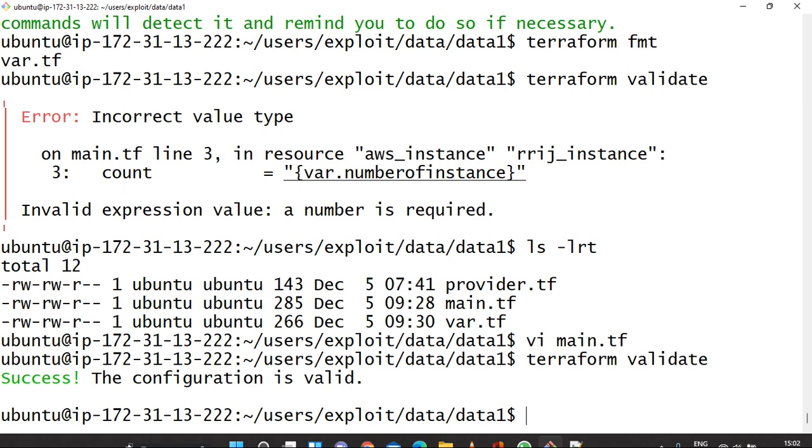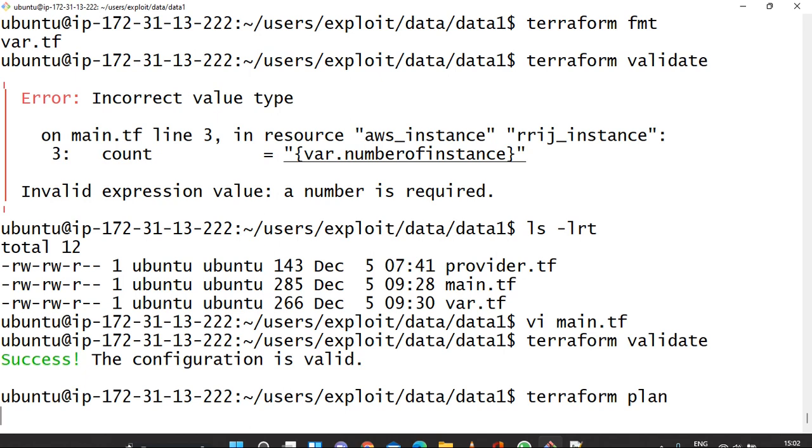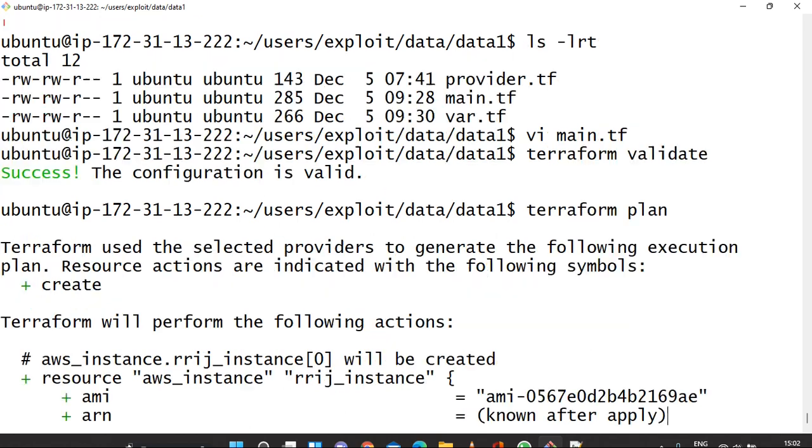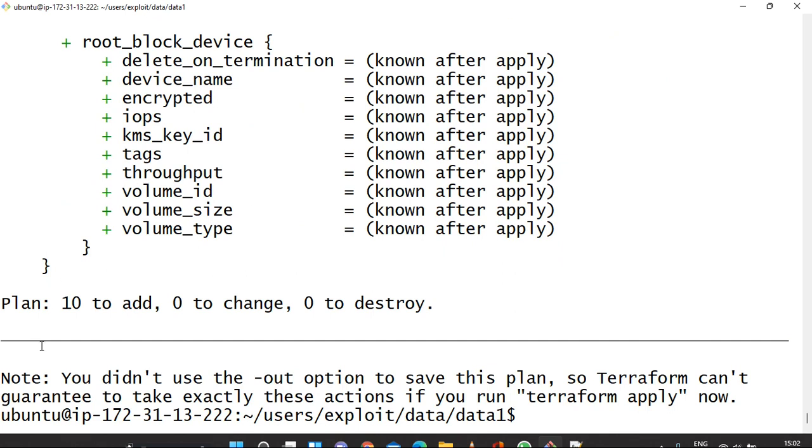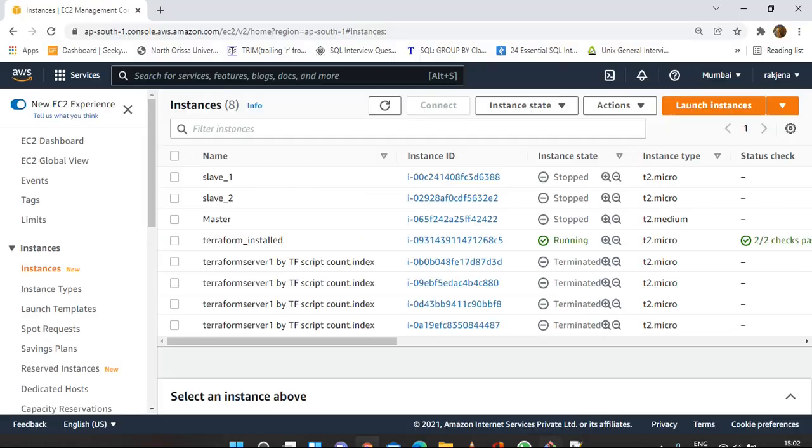I missed putting the dollar symbol, a silly mistake, we should not do such things. So now the configuration is valid. Now terraform plan. You can see it is showing 10 to add. As we are creating 10 instances, it is showing 10 to add.